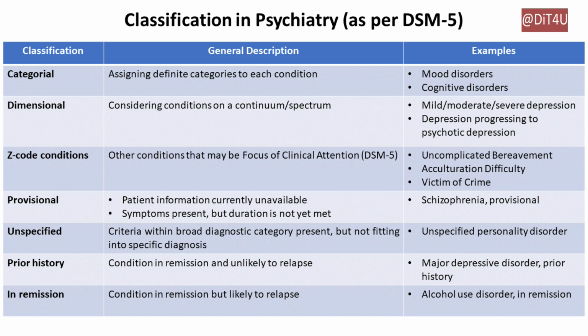Or if you get some collateral information from somebody, a family member who is not present right now, who will be able to confirm that, yes, that feature is also present, and therefore you can change the provisional to a full diagnosis. Whereas unspecified means criteria within a broad diagnostic category is present, but not splitting into anything specific, like,